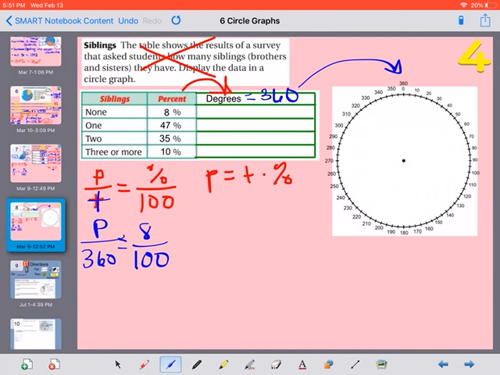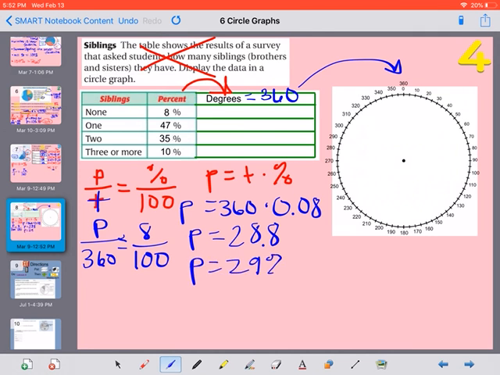In that case, this first example, our total is 360 degrees times our percent as a decimal, 0.08, and that will give us the part of the circle that we need to make. So if I solve this one, that part of our circle, 360 times 0.08 is 28.8. I'm just going to round to the nearest whole degree. So this would be 29 degrees. Oops, not percent, degrees.